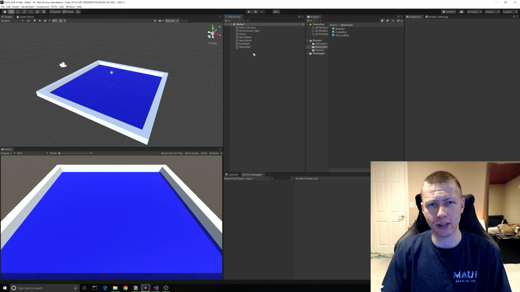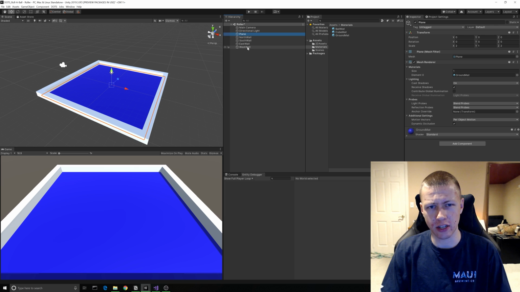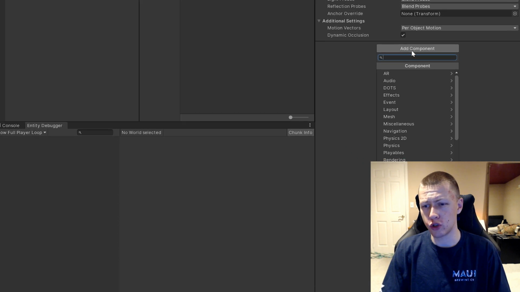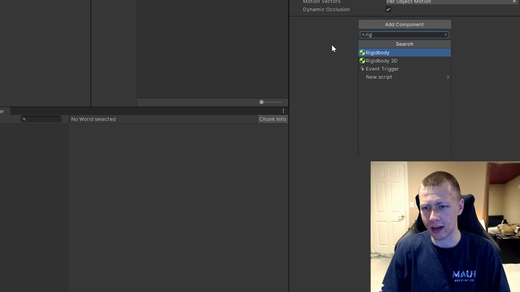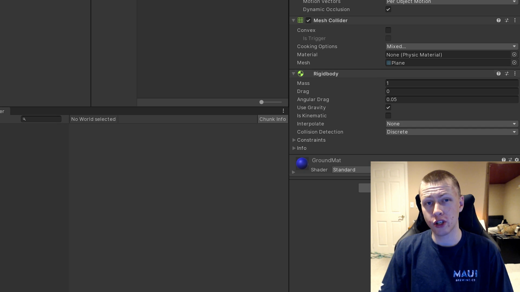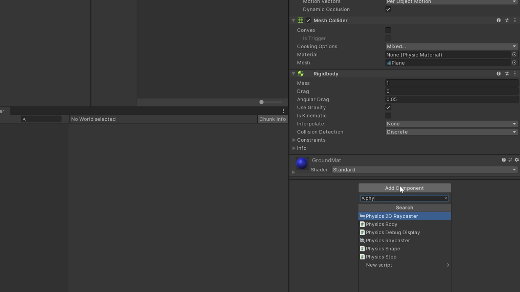All right, so next we're gonna add some things to these basic geometry objects in our scene. So we'll just go ahead and highlight everything, just the plane and the 4 walls here. We're gonna go ahead and go to add component, and then we're just gonna go ahead and add a rigid body component. And when we actually convert these game objects to entities, the colliders are going to be converted into what are known as physics shapes, and the rigid bodies are going to be converted into what are known as physics bodies. And so actually, if we want, we can add in a physics body or a physics shape